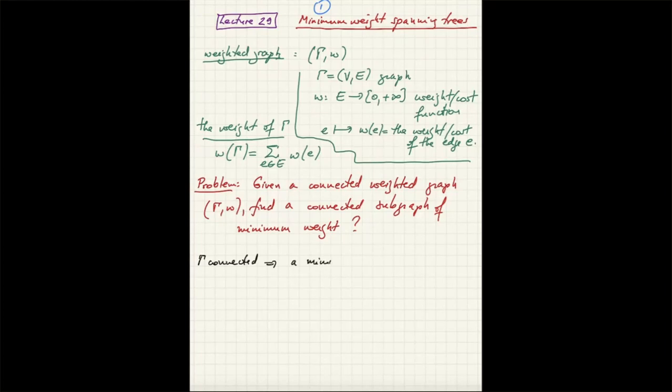The minimum weight subgraph has to be a tree, because if you contain some cycle,